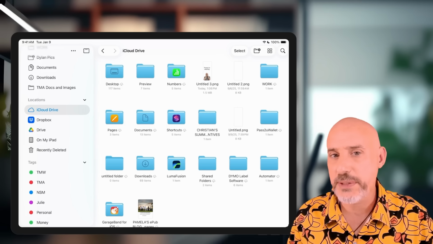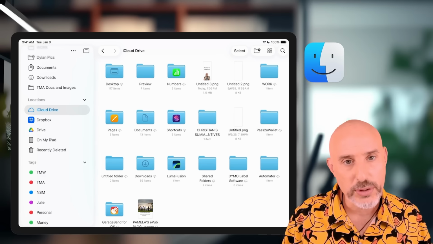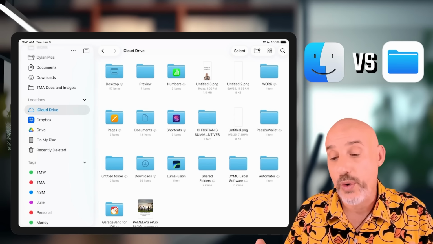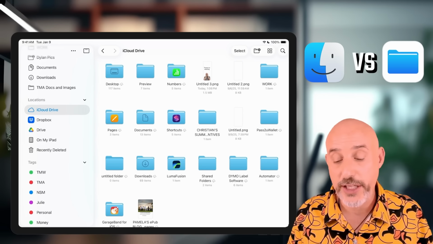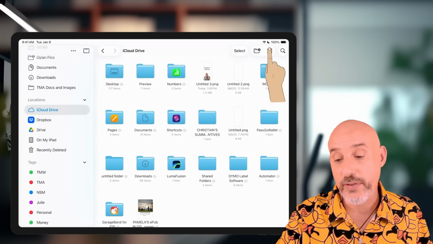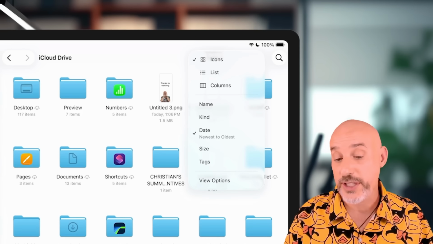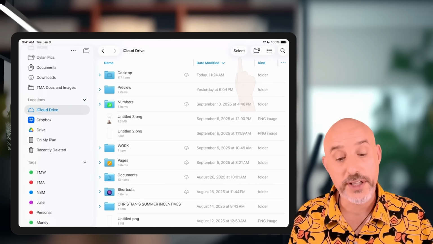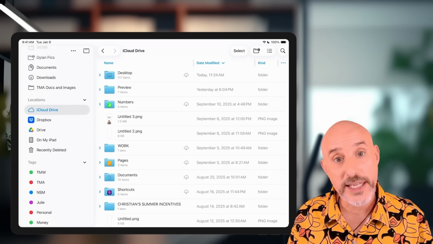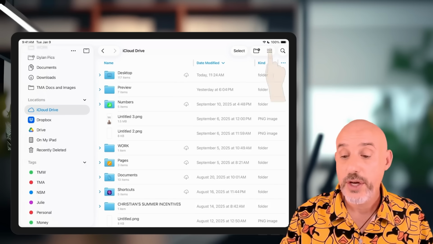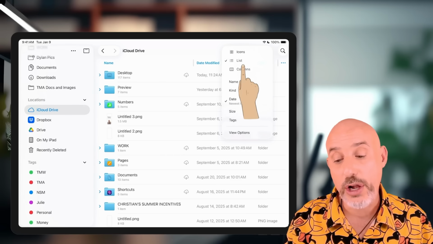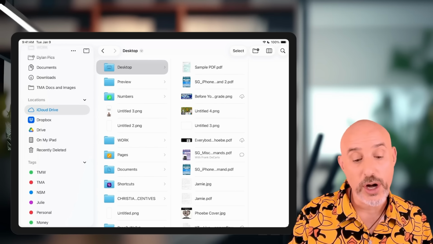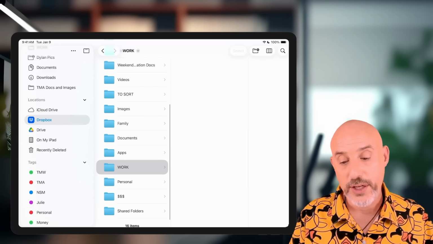One of the big differences between files on the computer, which we call the Finder, and the Files app on the iPad has been the way you can organize it. And that's completely changed now. By clicking on the icon right over here, you can choose to use your files in the icon view, which is what we're looking at now, and the prior default view, versus the list view, which allows you to organize things by name, by date, by kind. You can also come in and view it by the column view, which is the view that I prefer the most on the computer. When you're using the column view, you can go from one file into another file,